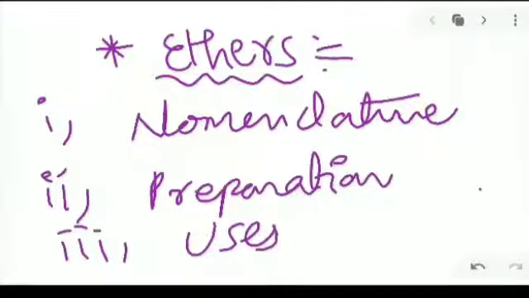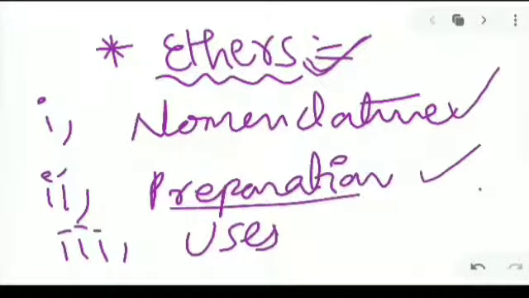Okay, so ethers: what is the general formula of ethers, and how can you write it in different forms? We will go through it in five steps: ether formulas, ether nomenclature, and the preparation and uses of ethers as a functional group of organic compounds. This is very important, guys. Today we are seeing just the general formula of ethers and how we can write it in different forms.